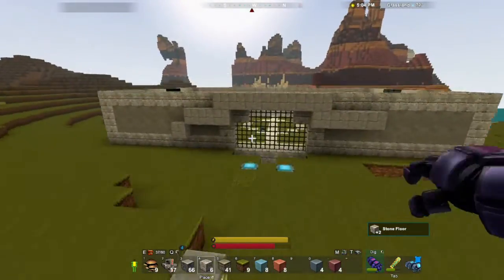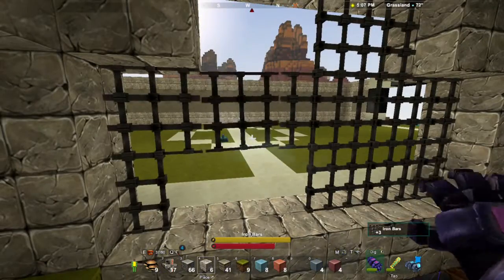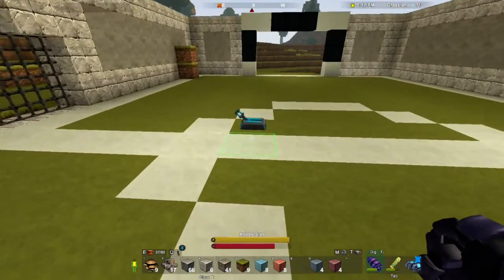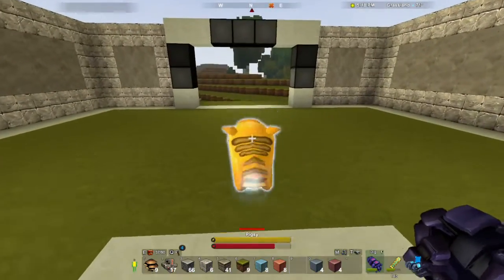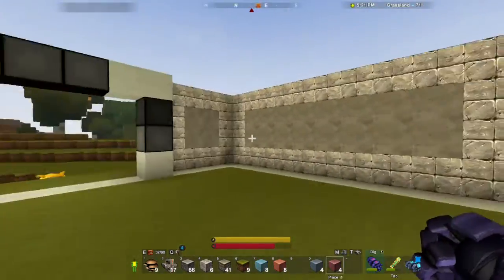So, I think the next thing to do, I'm just going to take some of these out for right now, just to have a way in. Okay, wait. We need to get a Pigsy up. We also need to make a way to get Pigsies in here. This is blue side. Okay, so this side's blue, that side's...